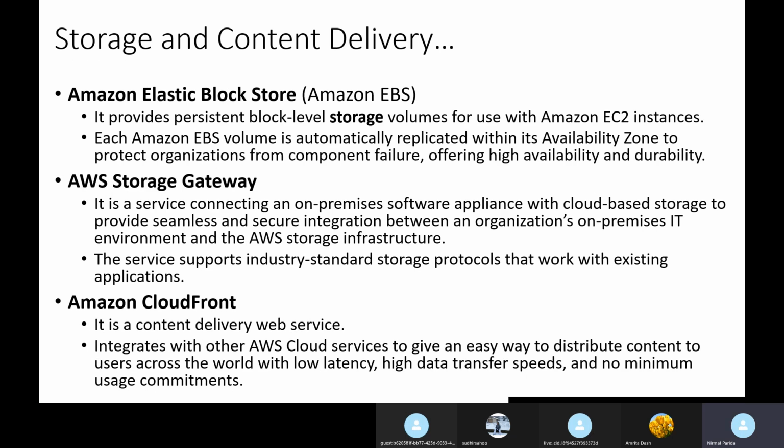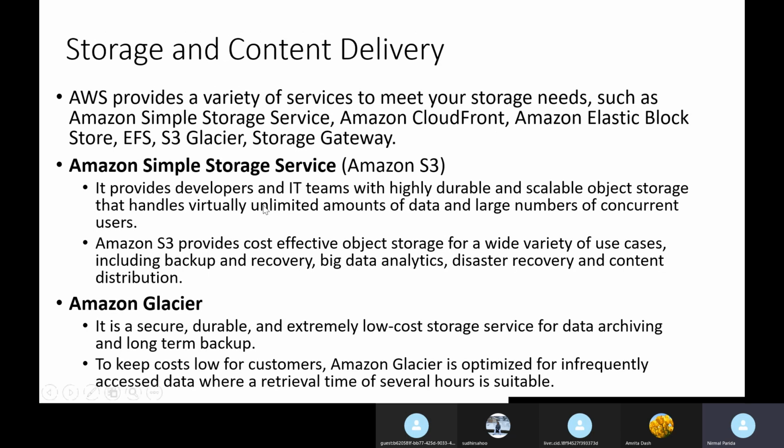Next is Amazon Elastic Block Store. See, this is object store. Mostly you will use it for storage. Storage means some long-term storage, and this storage is shareable. It can be accessed by a large number of concurrent users. Maybe you can upload one video, like on YouTube, and you can provide your link to anybody.